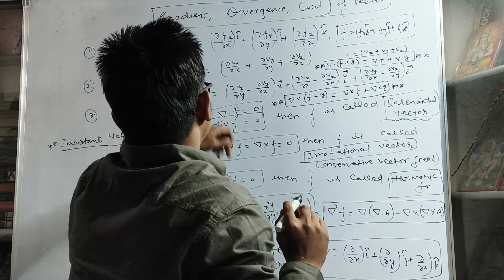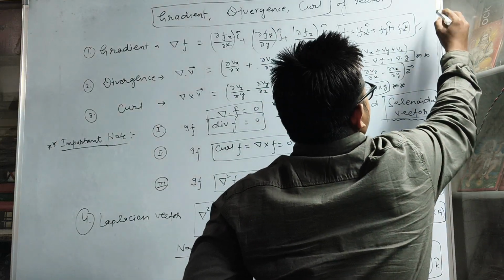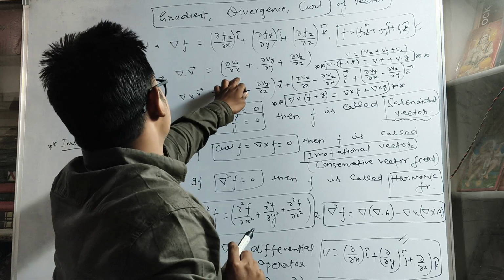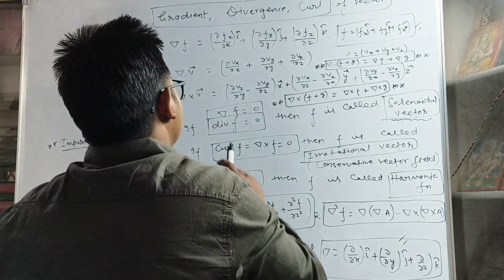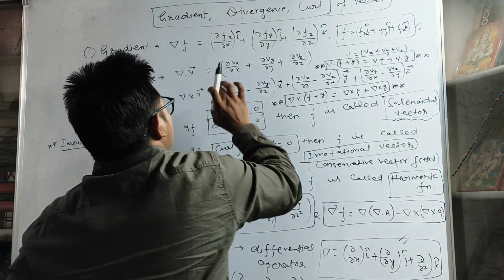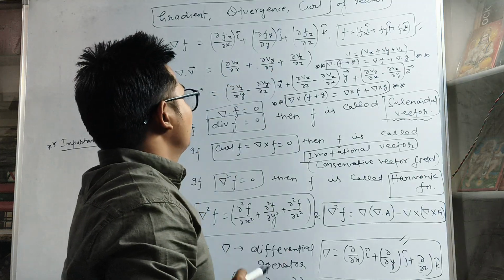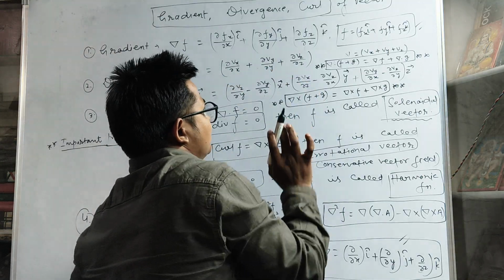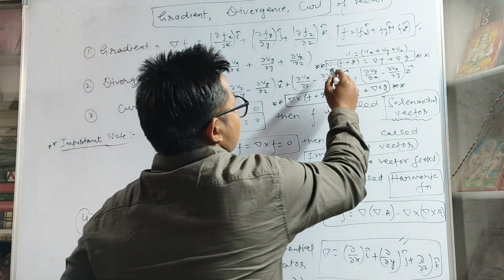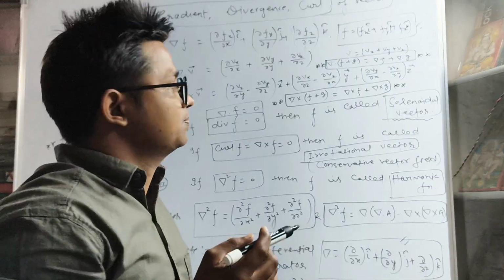And divergence is nothing but the dot product with a vector. So if you take the dot of f and operator del, we will obtain this term. This is called divergence of a vector. If we have a vector v with components vx, vy and vz, we have to write del vx by del x, del vy upon del y plus del vz upon del z. So this represents the divergence of a vector, and the property is simply the distributive property, del dot of f plus g equal to del dot f plus del dot g.